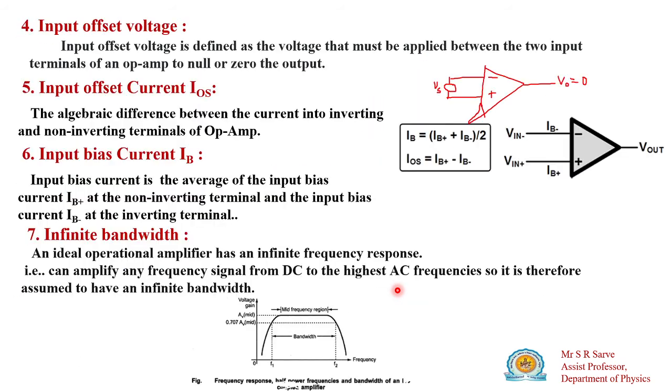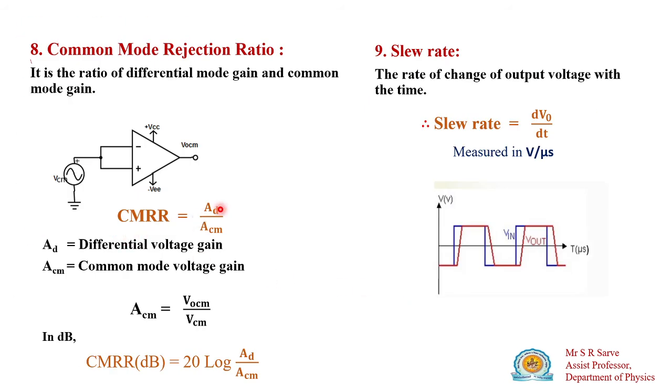Okay, but what is CMRR? It is the ratio of differential gain to the common mode gain. And in problems it is taken in terms of dB. So at that time this is written as 20 log to the base 10 of differential gain to common mode gain. So what is common mode rejection ratio? It is the ratio of differential mode gain to the common mode gain, and ideally it is infinite. Next, there are some problems on the common mode rejection ratio. We will take these problems in the next video lecture.